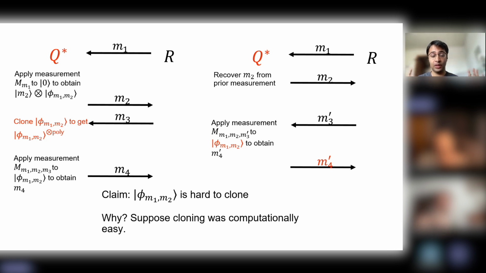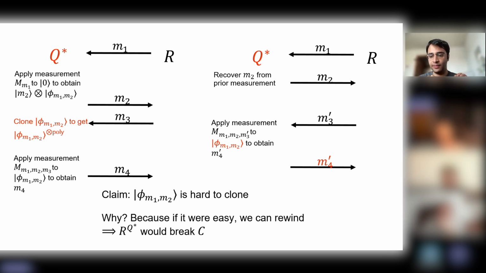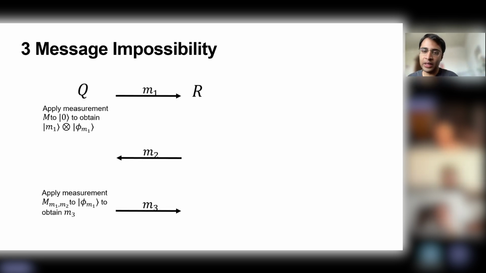So if you could make clones of this state, like exact clones, or maybe up to some small statistical distance, it's fine. If you could make clones of this state, then you would be able to obtain these transcripts. You'd be breaking the assumption. Therefore, making clones must be computationally hard. Because if it was easy, we can effectively rewind, and RQ star will break the assumption. And this basic idea that this state has to be hard to clone is what enables us to get our results. So for three messages,